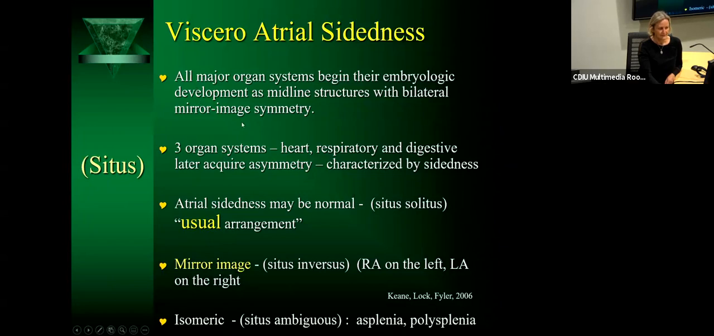So all major organ systems begin their embryologic development as midline structures with bilateral mirror image symmetry. The 3 organ systems, the heart, respiratory, and digestive systems, later acquire symmetry, right or left, characterized by sidedness. So atrial sidedness may be normal, so situs solitus, or the usual arrangement. And so Robert Anderson often talks about things as the usual arrangement. So where we would expect the right atrium to be on the right side, the left atrium to be on the left side. And then there's mirror image, and I'm going to show you some pictures where the right atrium,